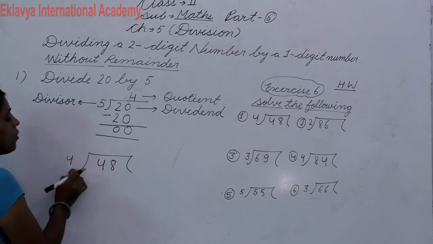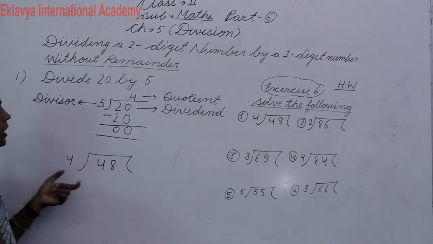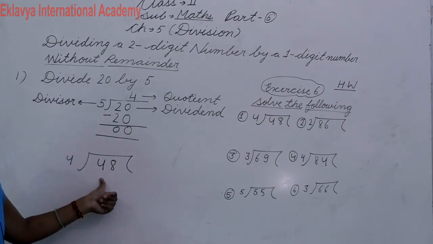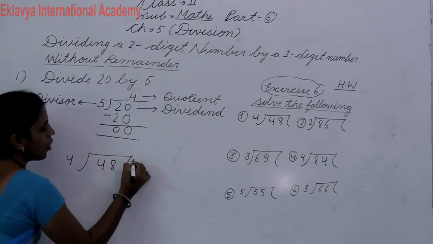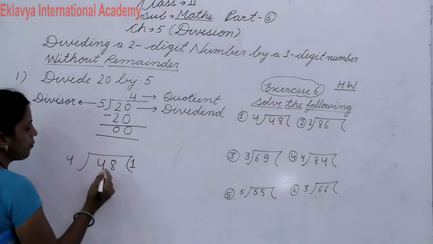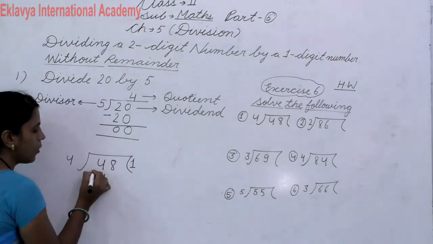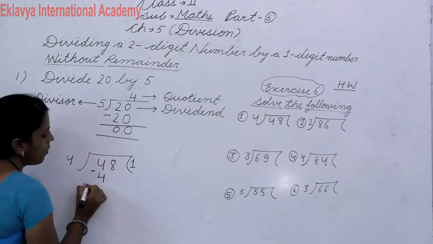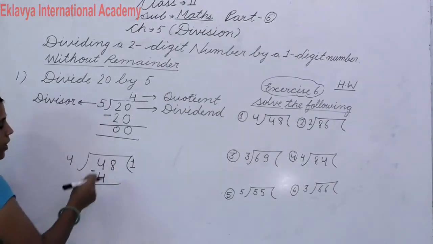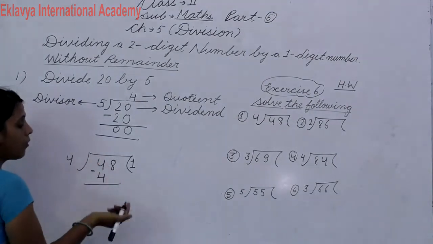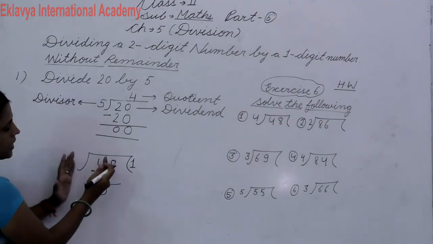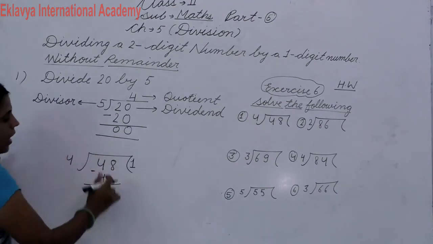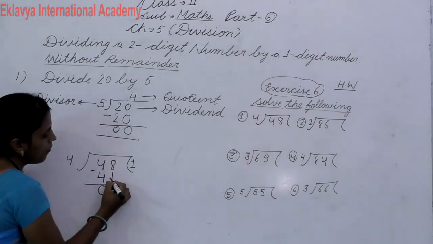Yes. So now we will speak the table of 4. In which number will we get 4? Speak up: 4 ones are 4. So now that 1 is your quotient and that 4 we will put here. And now we will put an underline. Got it? We will cut 4 from 4. What will you get? We will get 0. That completes your first step. Now we will draw that type of arrow.